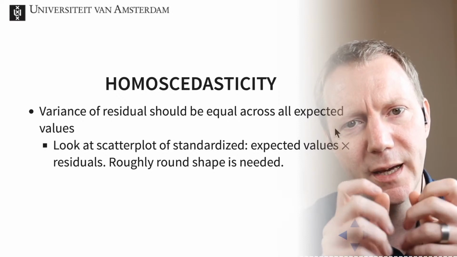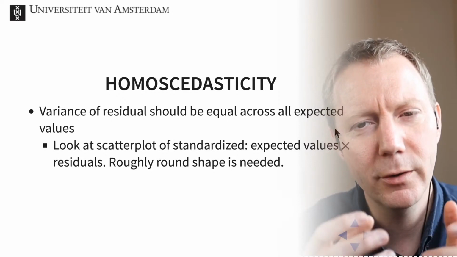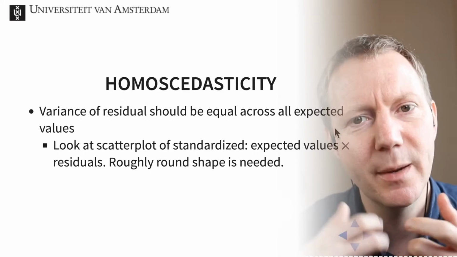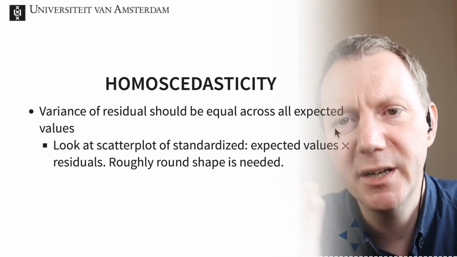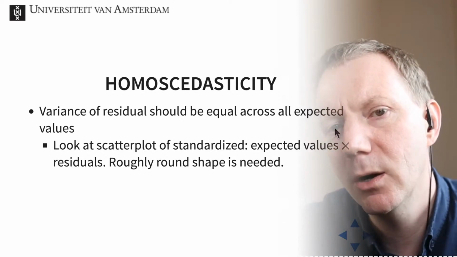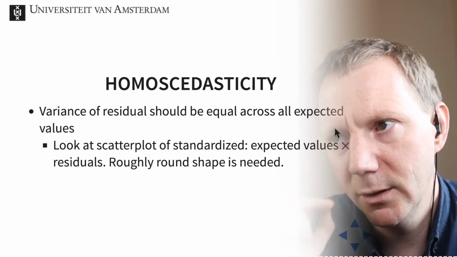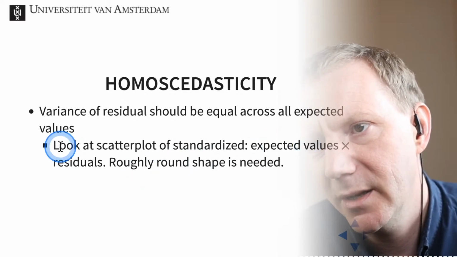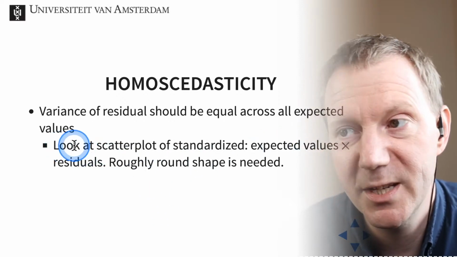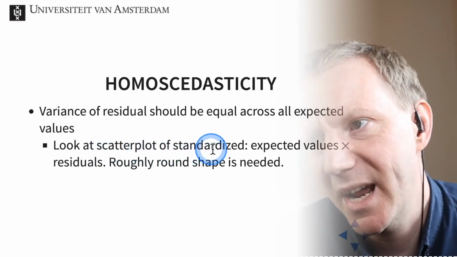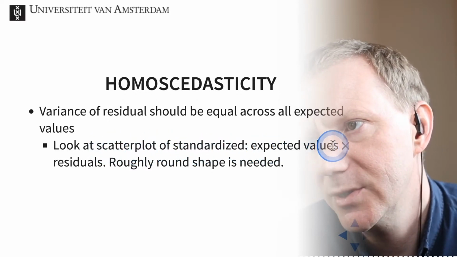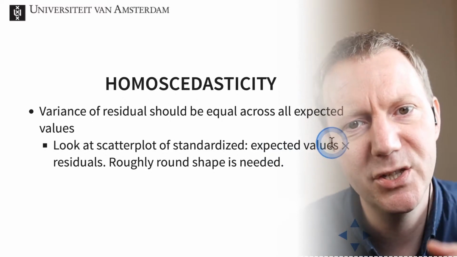So if it's one of the assumptions that the error is normally distributed, then the notion of the equality of variance would hold. But there is no test for this. It is only eyeballing. And the way this is done is that you can make, or SPSS can make, a scatter plot for you with the standardized expected values. So those are the expectations of the model